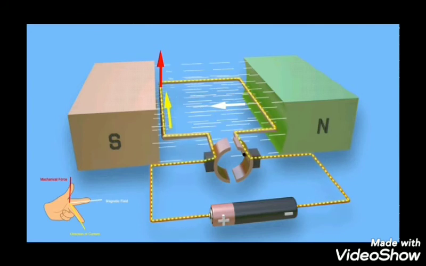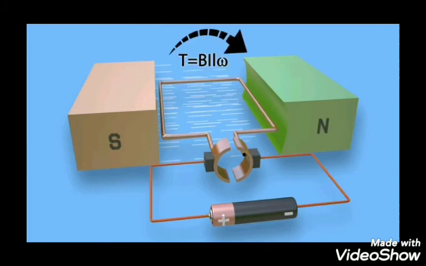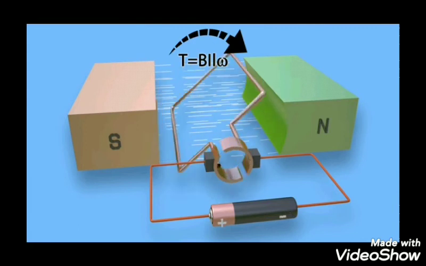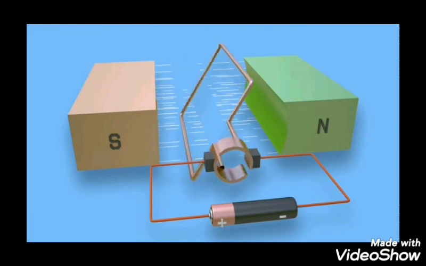You can observe, children, what happened during that. The arms are exchanged there. As I mentioned, ABCD: CD has now come to this side, and AB has come to this side. Here you can observe on the right side, the white arrow mark is the magnetic field, the yellow arrow mark is the direction of current, downwards, and the red arrow mark is the force. So what happened? They exchange their places, and thereby reversal of current takes place, and thereby one rotation is completed. The rectangular coil completes a rotation.